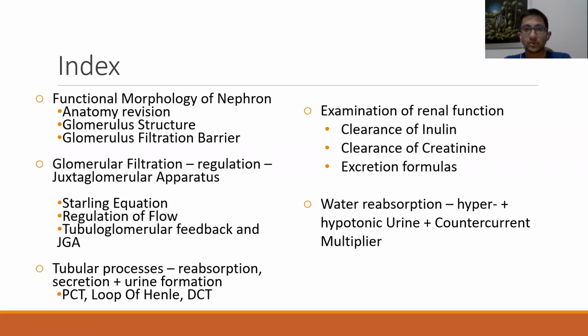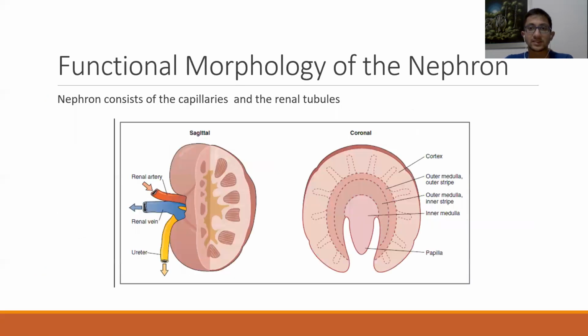I'm sure you'll find more details in textbooks like Guyton and Costanzo, but I just hope to cover all the high yield topics, the ones that tie in more with pathology and pathophysiology, right? So let's start off with the functional morphology of the nephron. If we talk about the two key components of the nephron in the kidney,